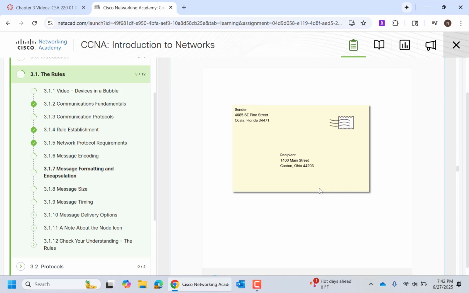So it may seem highly inefficient to you to take a 50-page letter and put it into 50 different envelopes, but for computer networks, it's actually more efficient because then we can track whether or not the chunks made it. We can put them in the correct order. If just one piece of the letter went missing, we can request just that one piece without having to resend it.